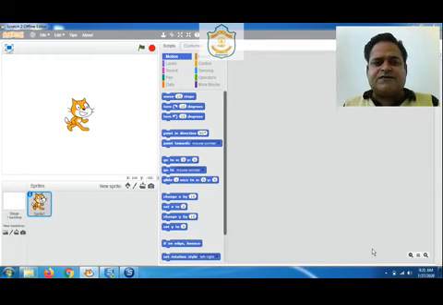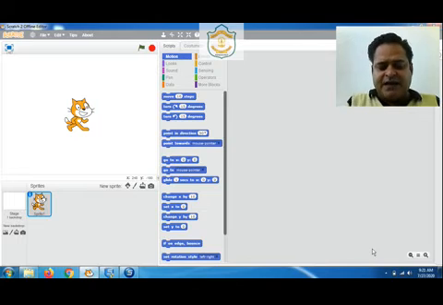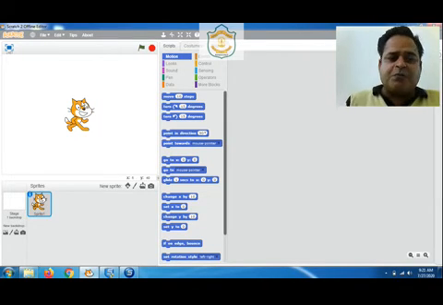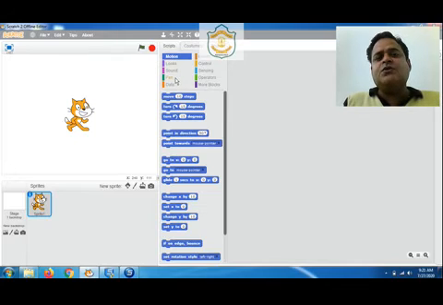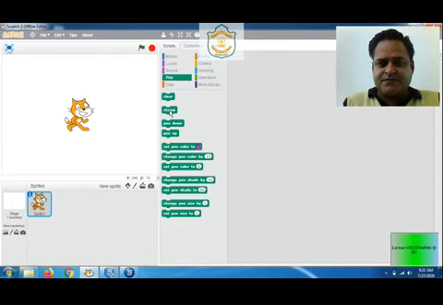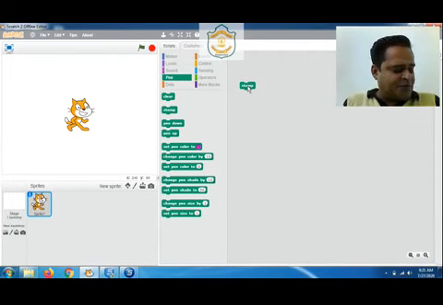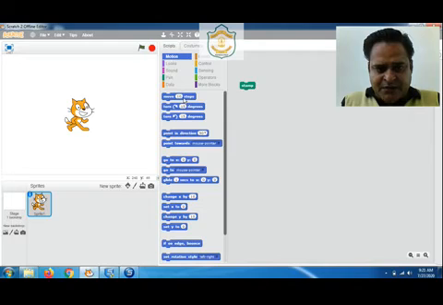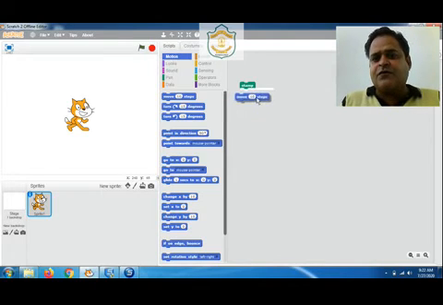Our next section is making a duplicate copy of a sprite. Sprite is just this animated character. In order to make its duplicate copy, we need to use the stamp command, which is in the pen block. So there it is, stamp. Drag that down to the script area, then take a motion command, that is for its movement.